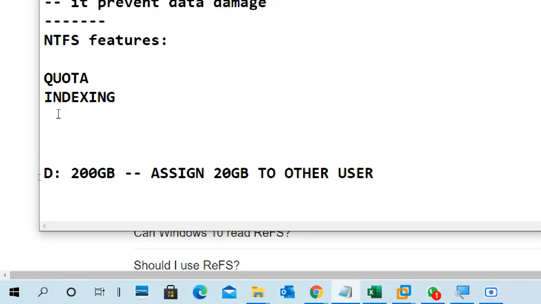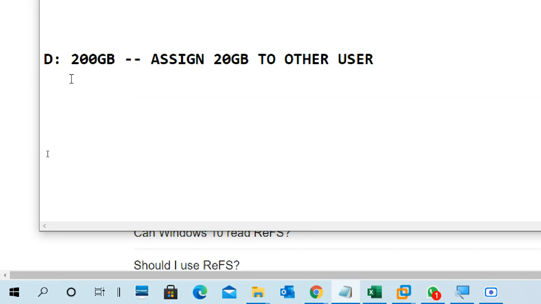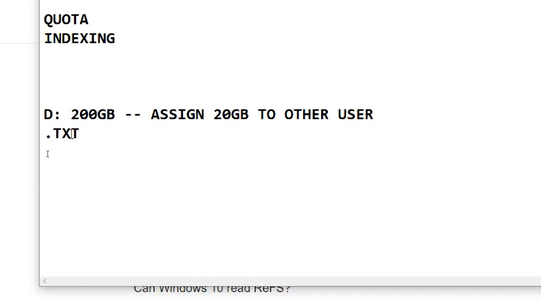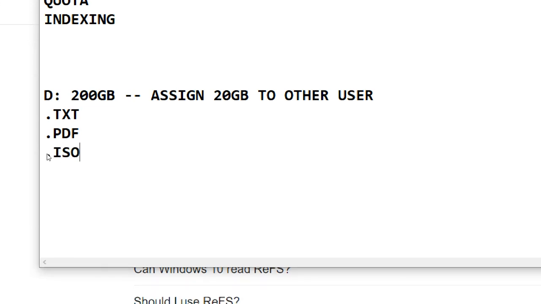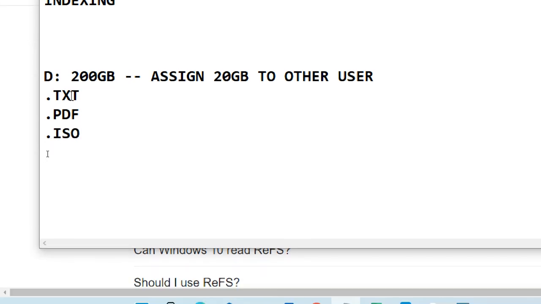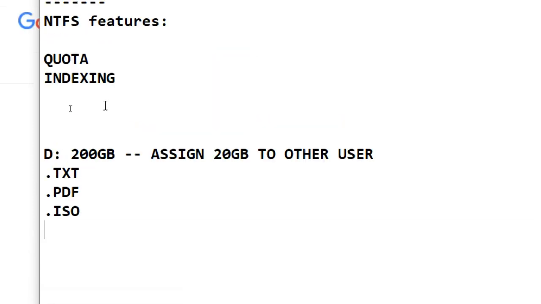It indexes the data, so it is very easy to search for a file in different formats, like a .txt file, a PDF file, or a .iso image file. Based on the file formats or file names, it indexes and keeps it inside your system. You can search faster and get the data faster, like your textbook index.